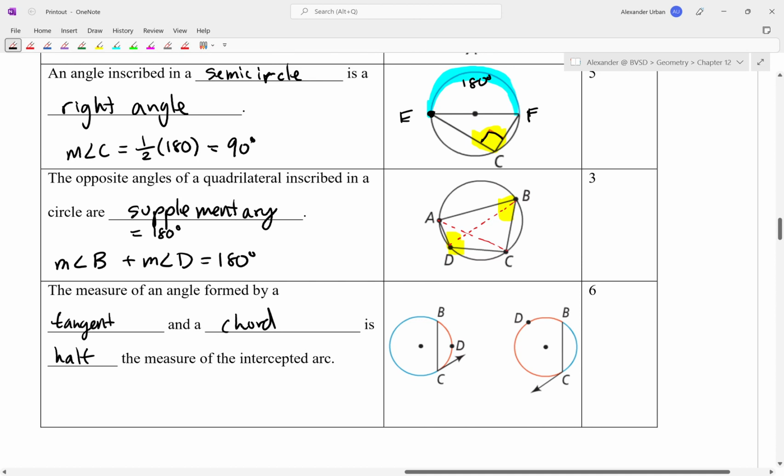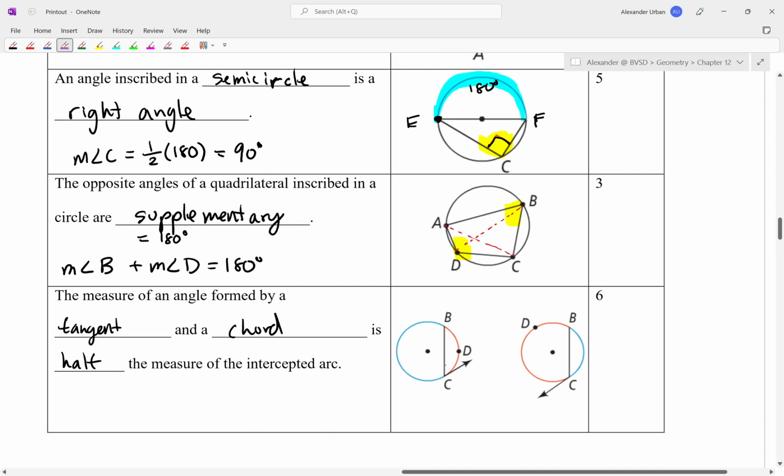So in this case, for both examples, we're going to take a look at angle C. So I'm going to highlight it in purple. Here we go. Angle C and this angle C are both going to be the same thing, but the measure of angle C is going to be equal to half